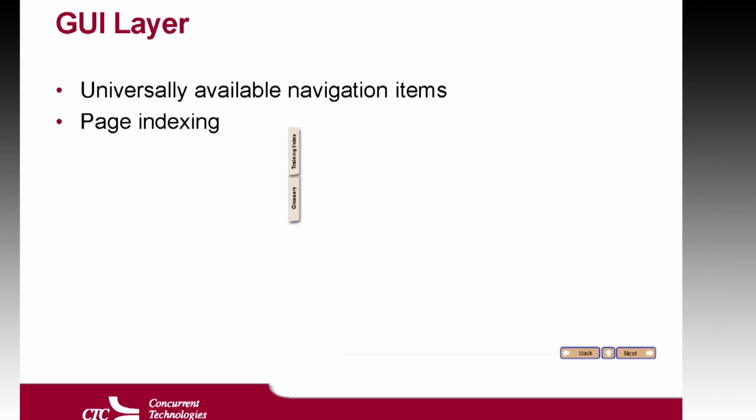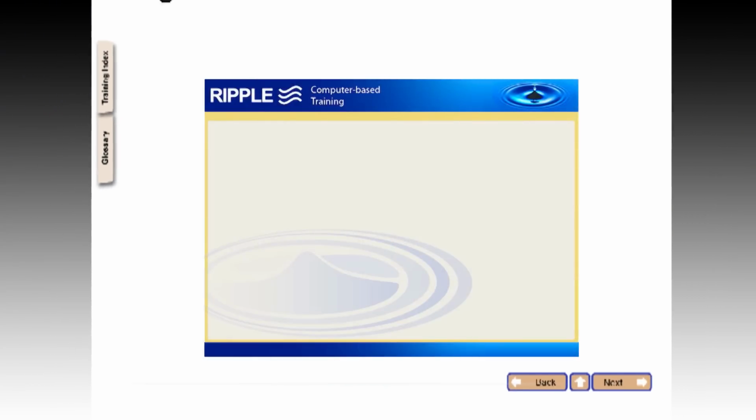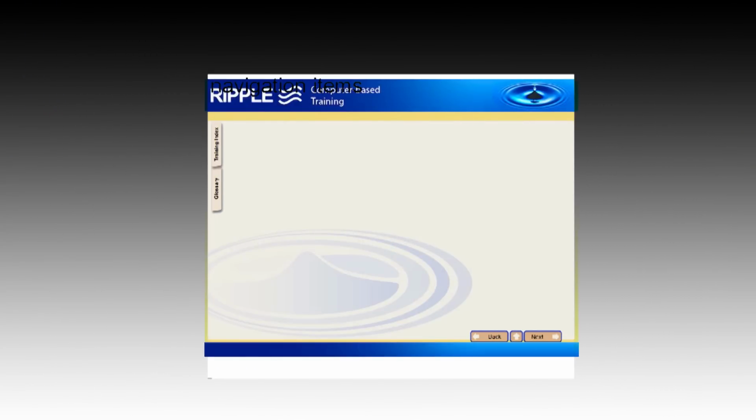Now on top of that, and it's not that easy to see, I didn't pick a great example here, you have the second layer, the GUI layer, where your buttons, next, back, reload, as well as your indexes and glossaries or whatever other tools that you have available at all times are available over top. And if you picture this as a transparency over top of the last image, you have the GUI layer.